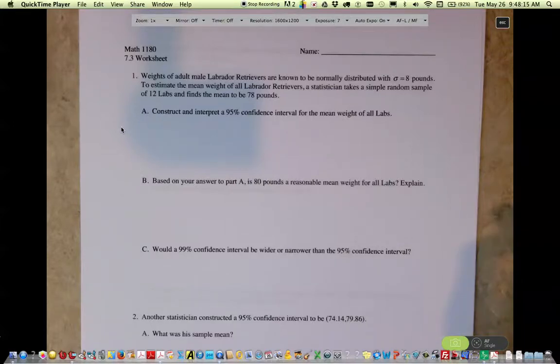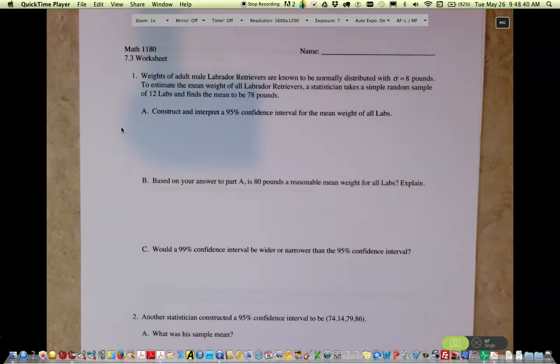Okay, hello class. I want to, during this video, go through the solutions to the worksheet that I sent out to you last week. And then I want to get into the idea of constructing confidence intervals based upon a little bit different distribution called a t-distribution, which is more realistic of the kinds of things that we would actually do if we were performing some statistics.